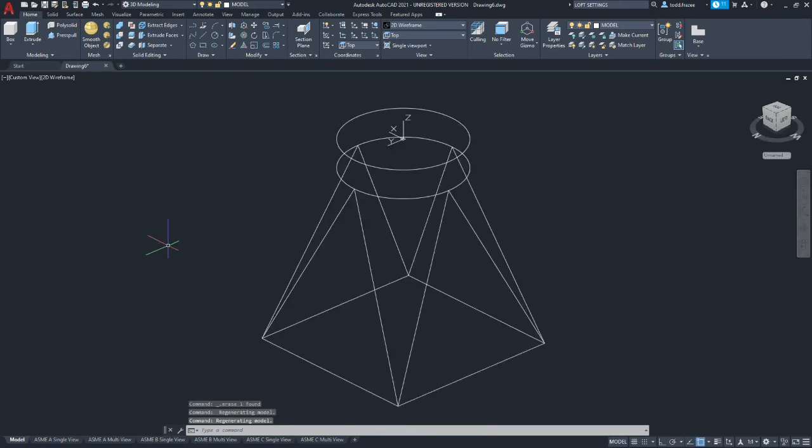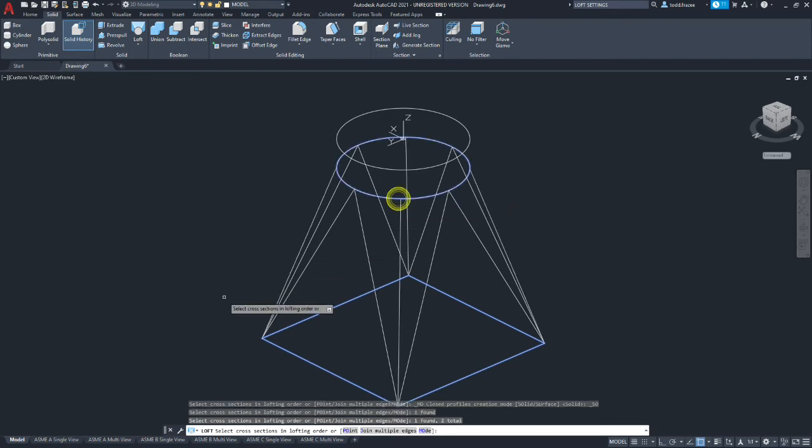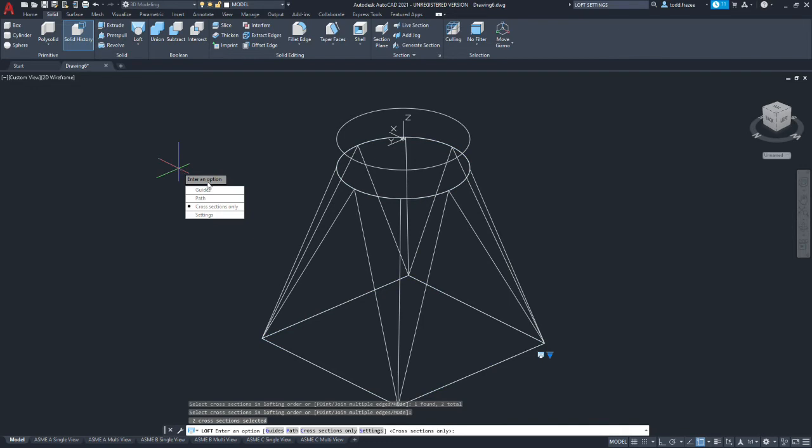Okay, so now we're going to go back to our loft command. Go to solid, go to loft, and this time I'm only going to pick 2 sections. So we've got our rectangles, our square, and our circle. And now we're going to accept that by hitting enter. And now we're going to select guides.